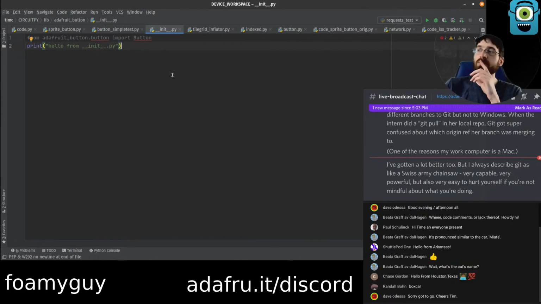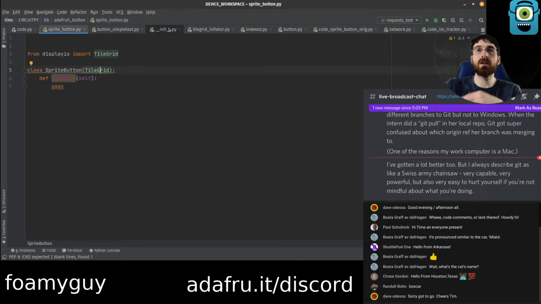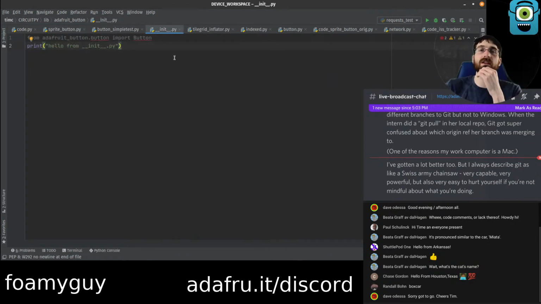That's basically the trade-off. We can either make it to where they're just totally separate. You have to import the one you want, and therefore you don't ever import the one you're not using, which will save RAM. Or we can do it this way, which will make it so that none of the existing code has to change, but people who are going to use the Sprite button are actually going to end up with the shape button getting imported also.